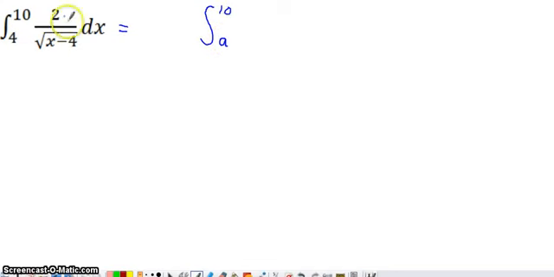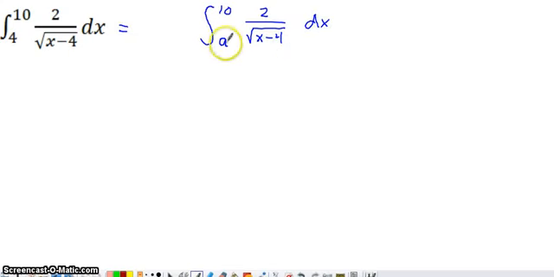I'm going to still keep the upper limit of integration, okay. The only thing that I have an issue with is the lower limit of integration being a 4. So I'm switching the lower limit of integration. The integrand is going to stay the same for the time being. And what I'm going to have to do out here is give myself a way